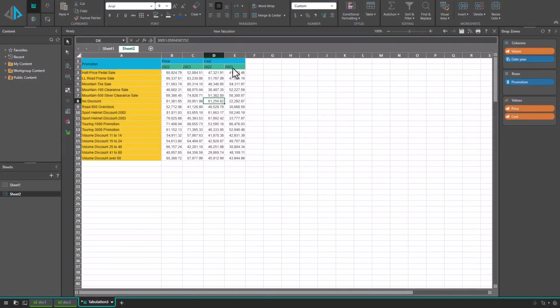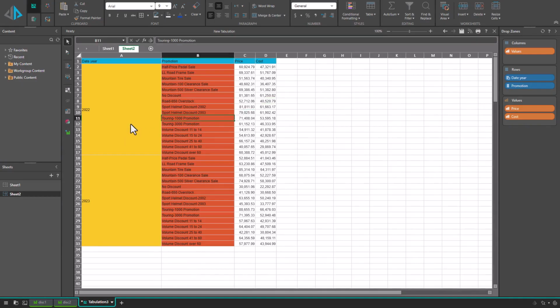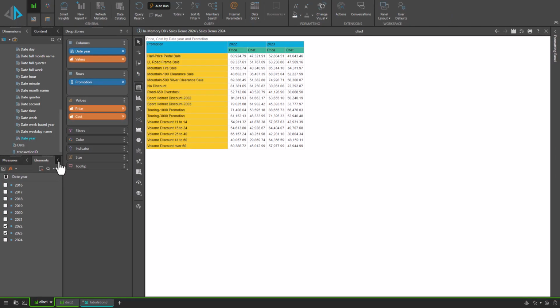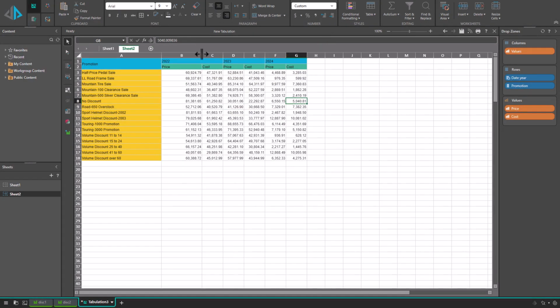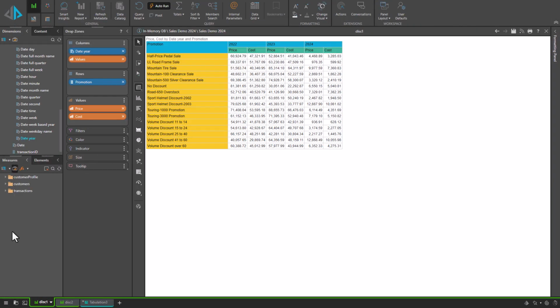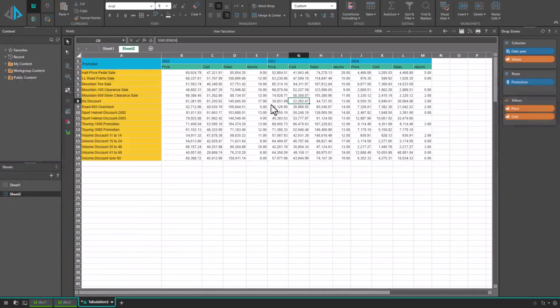First, we can use drop zones in Tabulate to reshape the query results directly without needing to adjust the Discover itself. These changes will not be adjusted unless there is a change in selections in the Discover. Now, if I change the underlying Discover, we'll see the changes reflected in Tabulate. So here we added the year 2024 and our spreadsheet changed. Then, if I add another metric, we can again see that the underlying result inside the Tabulate has also been